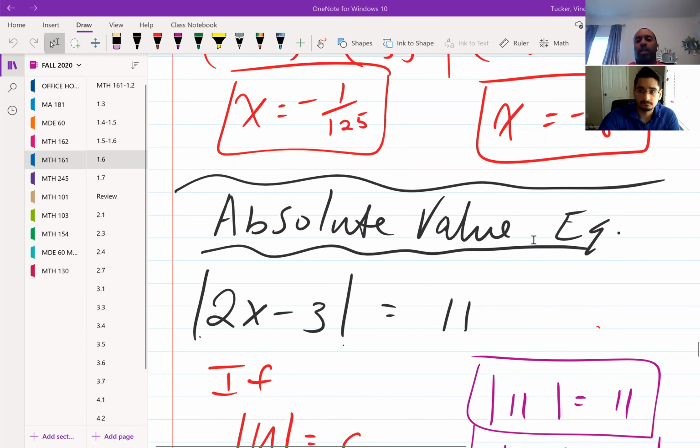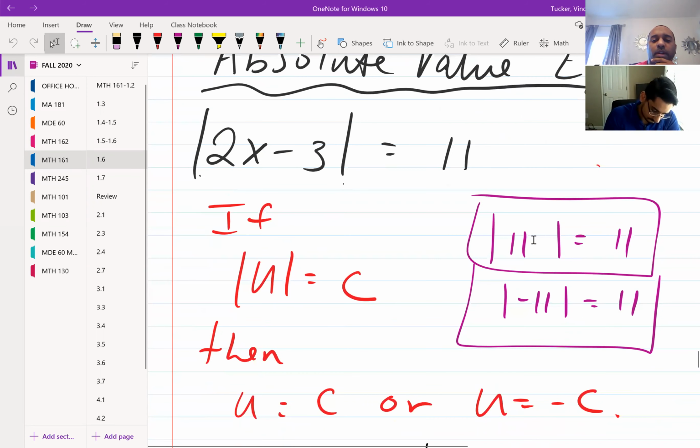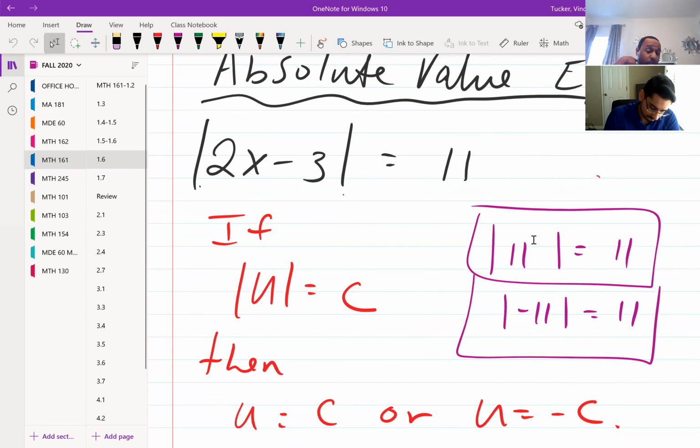All right, so this is the last part of 1.6 absolute value equations. We have the absolute value of 2x minus 3 equal to 11. So in the red is how we will set up solving our absolute value equations. So remember, whenever you're trying to solve, you want to know when is this statement true. And so we want to know when is the absolute value of 2x minus 3 equal to